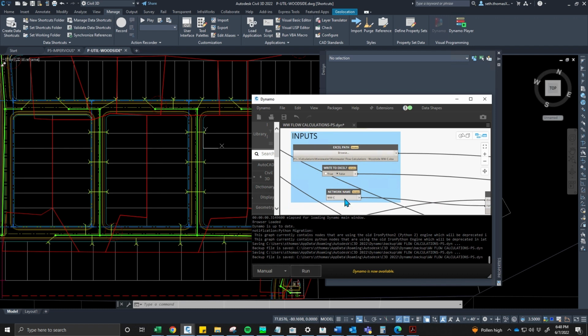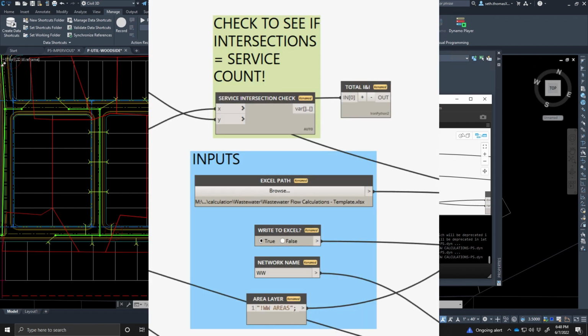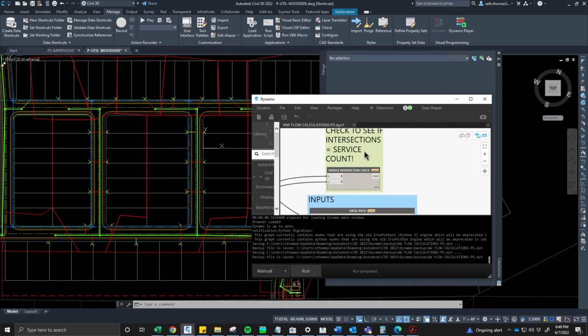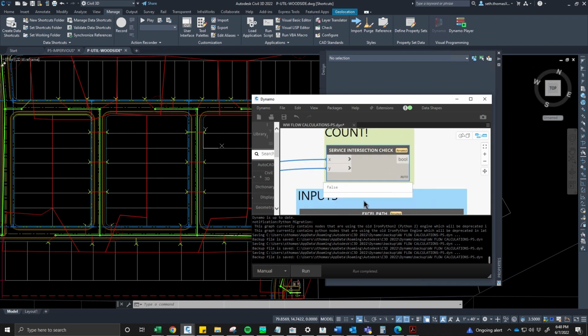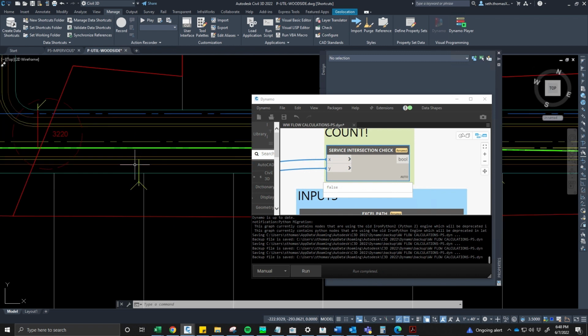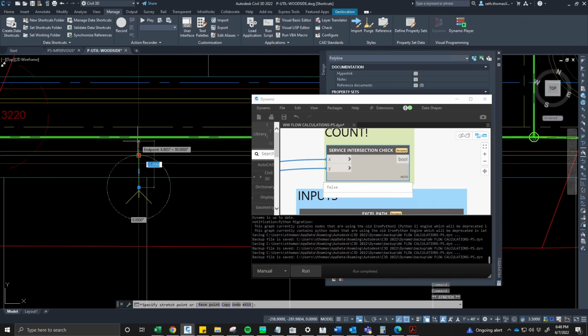But I'm going to run it just to see if that check is true. When it's running, if it doesn't intersect with that, or if it doesn't count it as an intersection, it's going to keep it the same color. Otherwise, it's going to turn it red, which you just saw. So our intersection check here is false, but right here we see this one, that's not red,